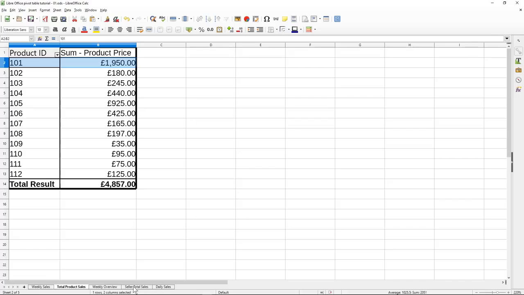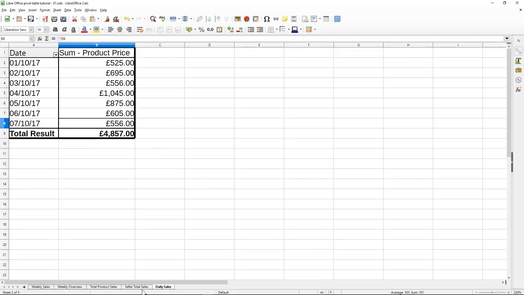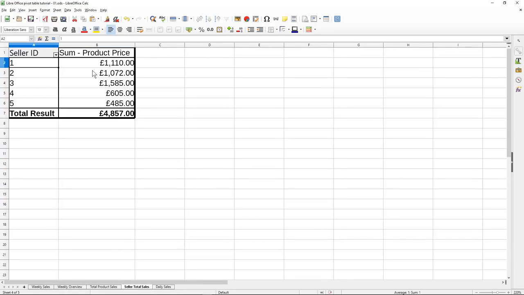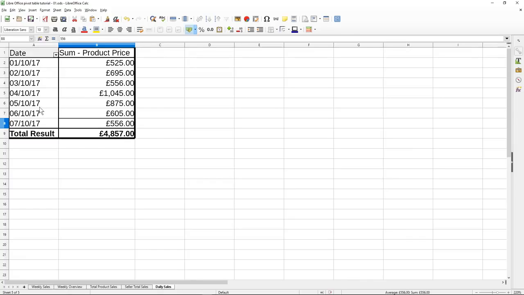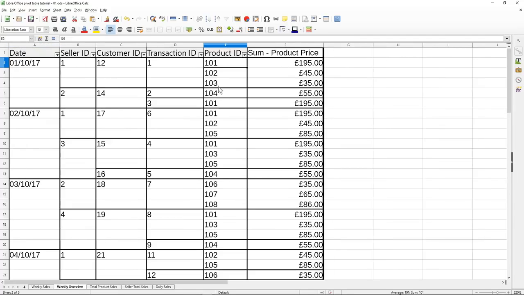So now we've got different pivot tables. For me, the most useful one would be the weekly overview. That's the one that I would probably use more often, but it's nice having these smaller pivot tables just to examine information quickly, so you can see how much is the total sales for each sales agent, how much you've sold on each particular day, which products are selling the most or which is giving you the most revenue, and you can see a grand overview as well, and you can filter from that